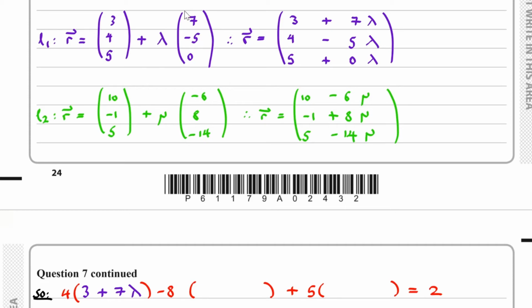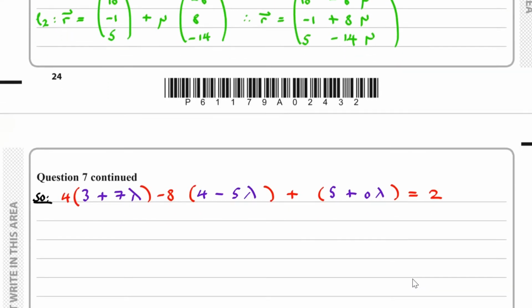So we have here 4 minus 5 lambda, and here we just have 5 plus 0 lambda, and this is equal to 2. So with that, what we can hopefully see from here